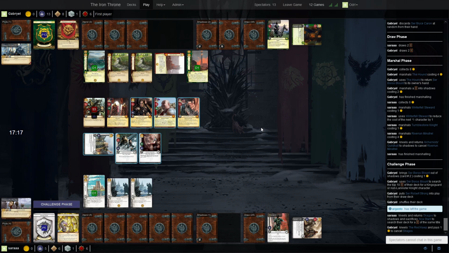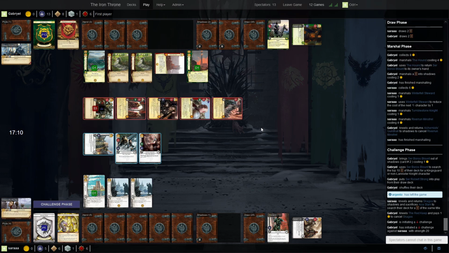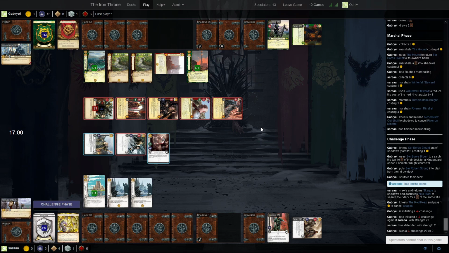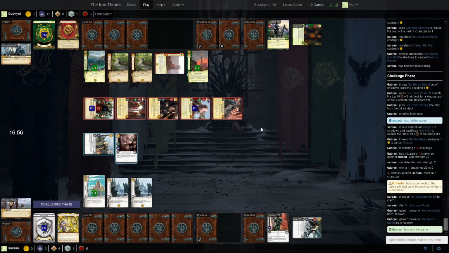Just playing this one super properly, cancelling Arya, or I should say cancelling Skagos. And here comes the challenge. And unless you're Baratheon and have In the Name of Your King, nothing you can do against it. So that's the 3rd win for France. Well,